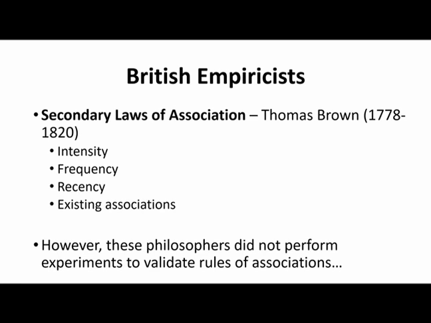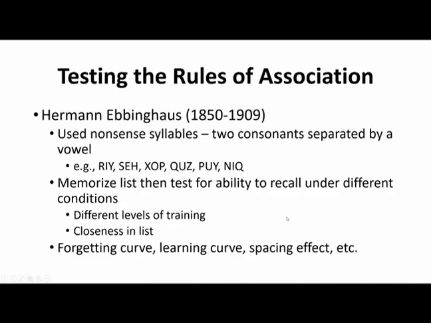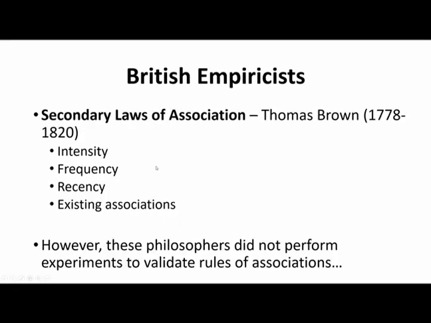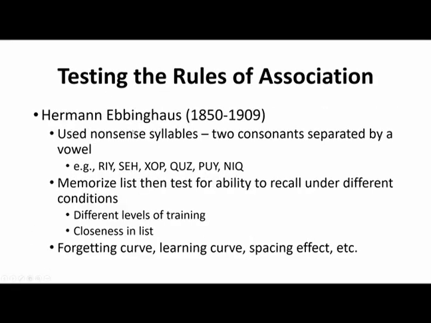So as time has gone on and we've been able to look into and experiment with these ideas, we're a lot more confident in their existence and how they work. But when they were first proposed, none of that was there. Now, as I said, people could then go back and start testing these rules of association, to see if there was any validity to them, see if they could find any evidence to support them. So the first person that we're going to talk about who actually went back and started testing these rules was